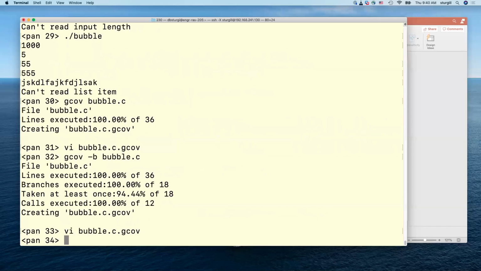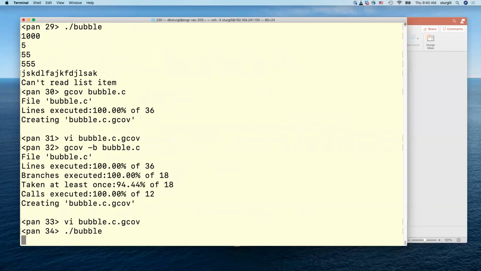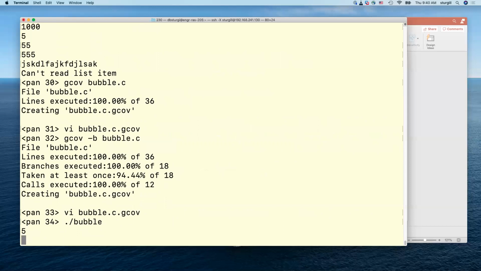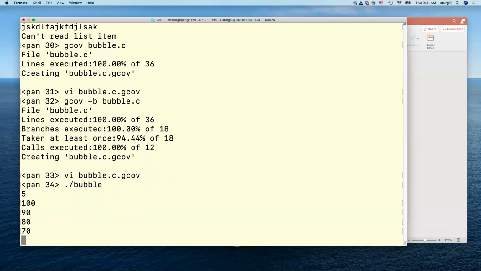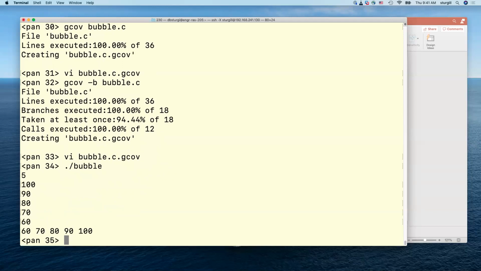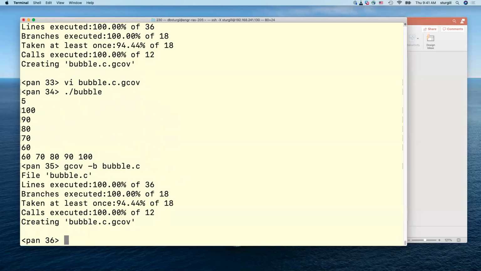I'm going to run the program one more time. I'll just type in some input, bubble. Let's say I'm going to give you 5 values, and let's give it values opposite of sorted order. So let's go 100, and then 90, and then 80, and then 70, and then 60. So completely backward from sorted order. And that should force the sort to have to swap a bunch of items to get the list in sorted order. You can see the output shows that it's in sorted order, but if we look at our coverage report,